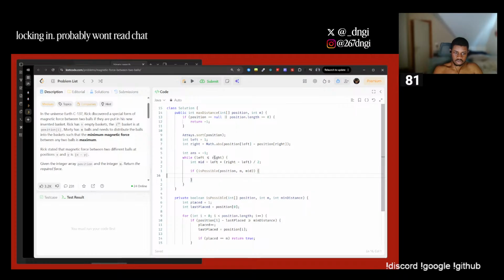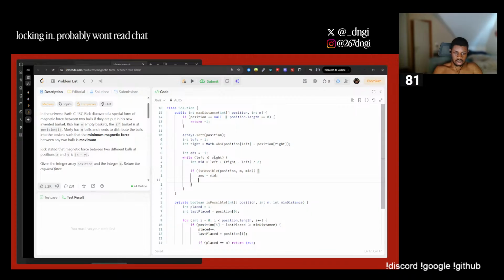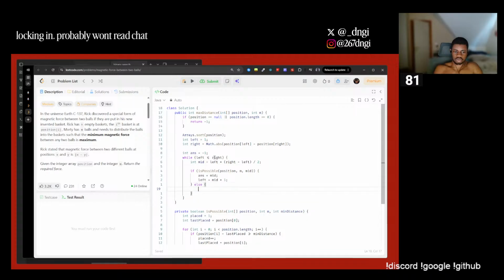So let's say answer equals mid, and we want to try a larger force. So it's mid plus 1. Otherwise we can't do it. So, right, it's mid. And then here,